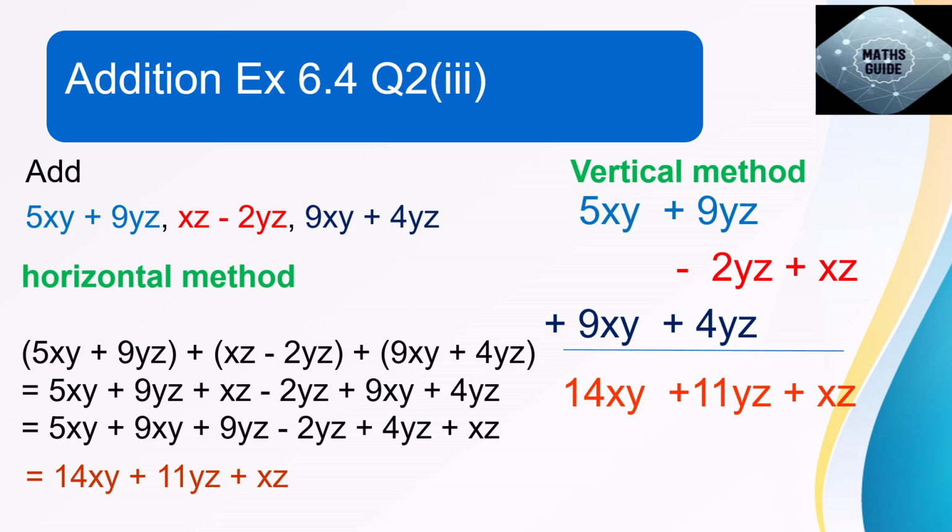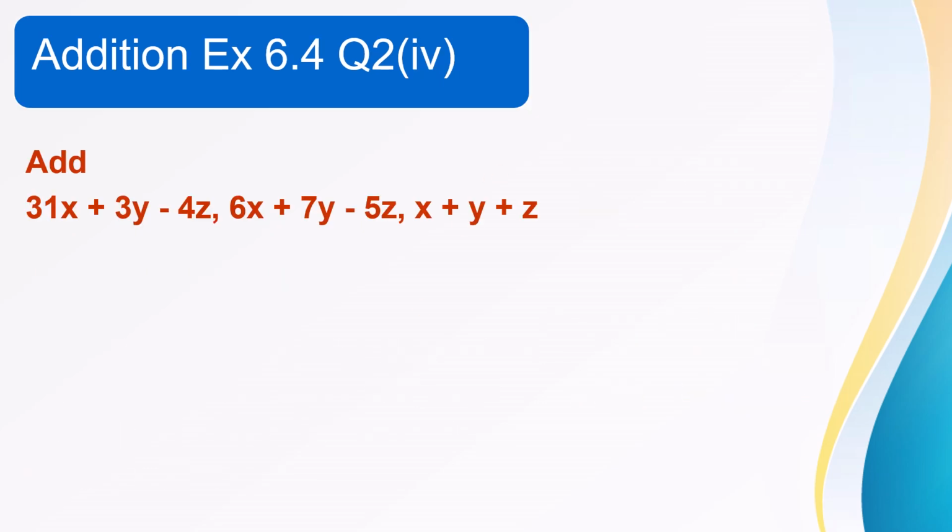Now again exercise 6.4 question number 2 part 4. Now we have to again add three algebraic expressions. First is 31x plus 3y minus 4z, then 6x plus 7y minus 5z, and then x plus y plus z. So start with the vertical method,